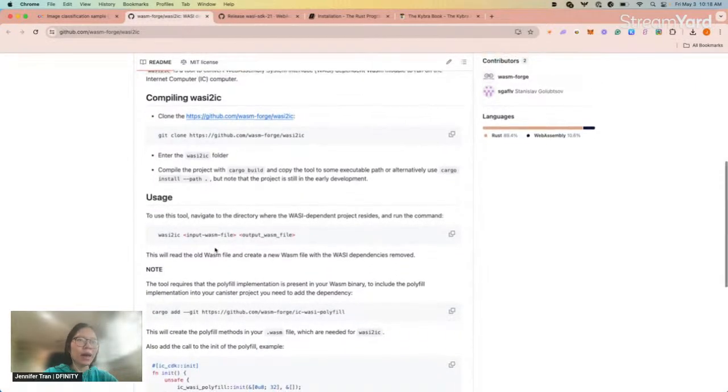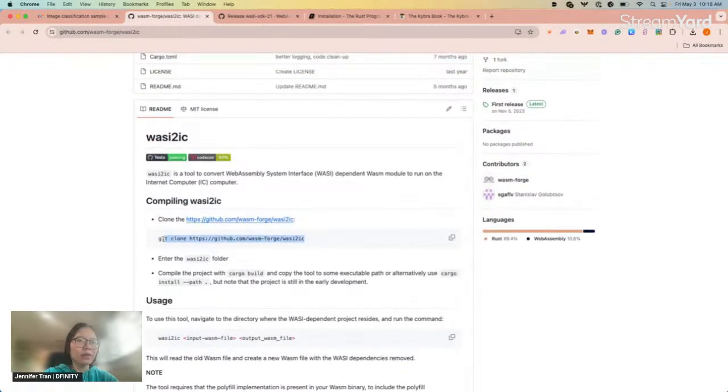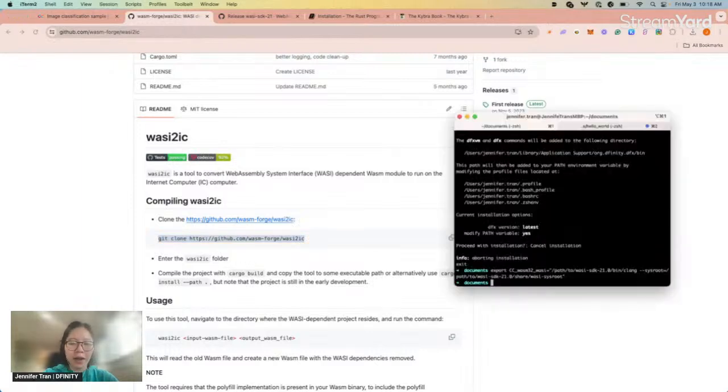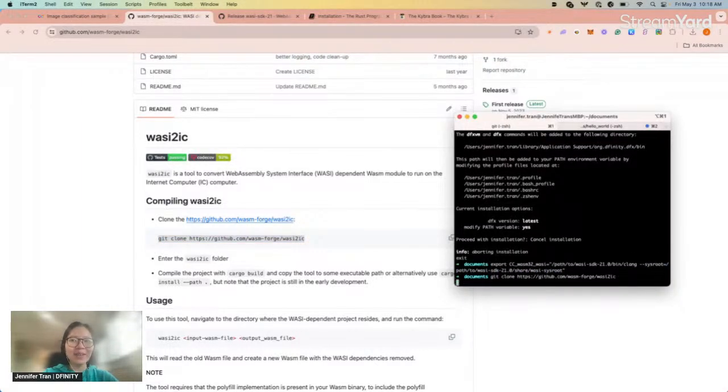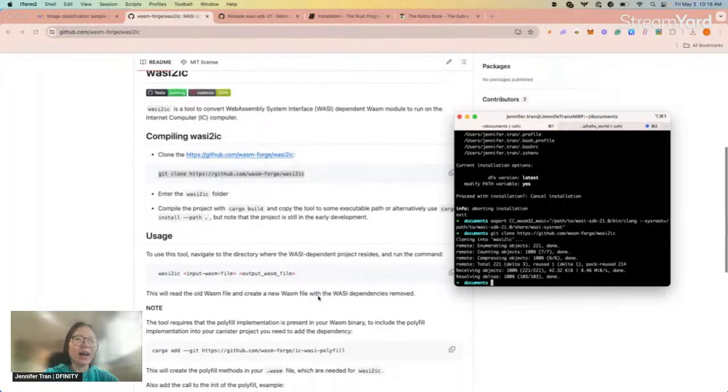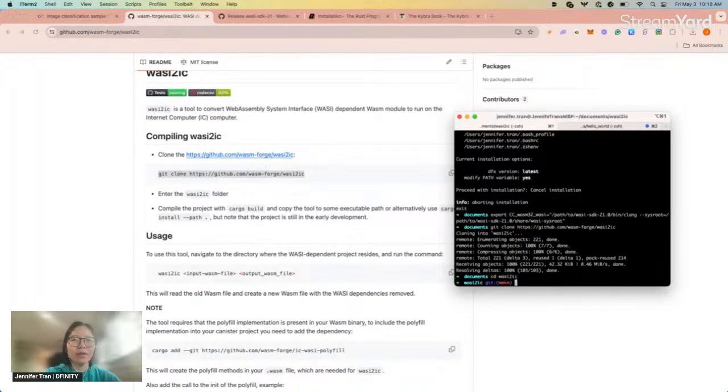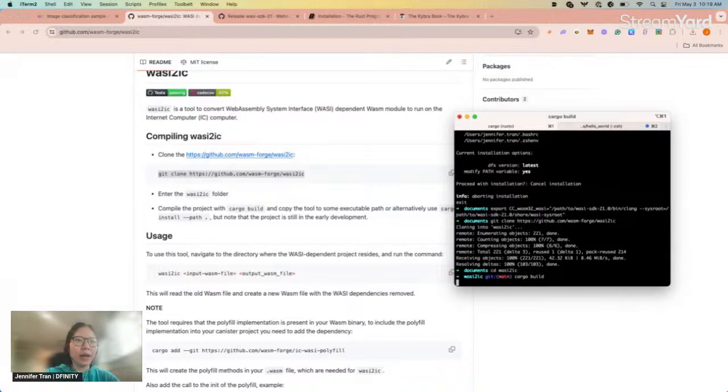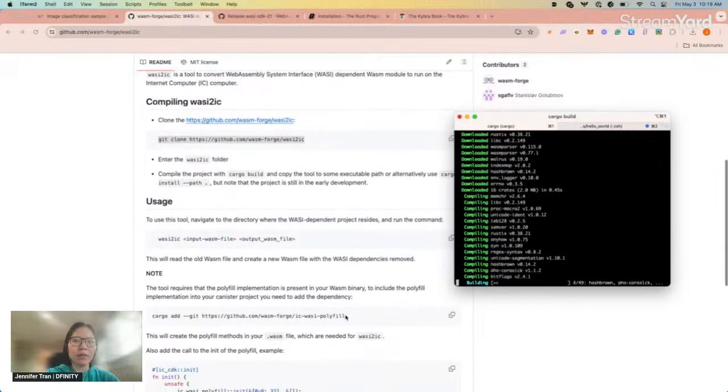You can run through this. I believe I also have this, but I will still go through the steps myself. It asks you to clone the WASI2IC repo, go to the folder, and then you should be able to build it.